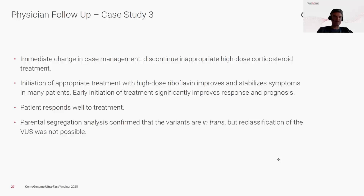And interestingly, for this case, after learning about the diagnosis, the application of high-dose corticosteroids were immediately discontinued and kind of phased out, while the appropriate treatment in this condition, which would be a high-dose riboflavin substitution, even helped to stabilize symptoms in this boy. So he responds well in terms of as well supporting the high-dose applications. And taken all together, I think we see that in these cases, really time matters, and